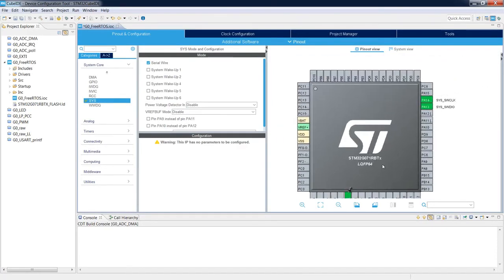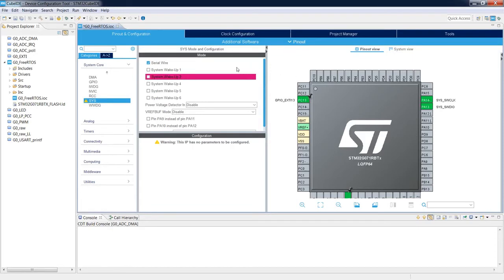The next step is the configuration of the pin connected to the blue button. It is PC13. So again, left button on the mouse, and this time we will select GPIO EXTI13 because it will be an external interrupt. Please do not worry about this red highlight over here. It means that we have used this pin, so it will not be available for other functionalities like System Wake-Up 2.